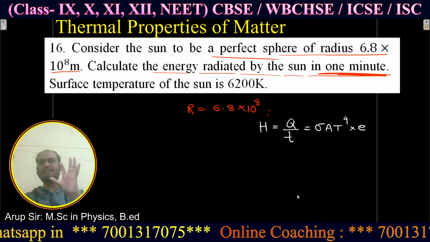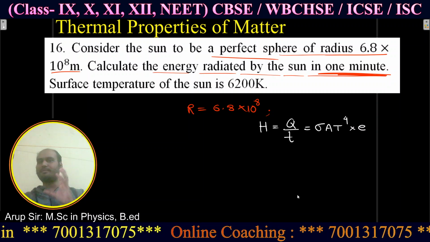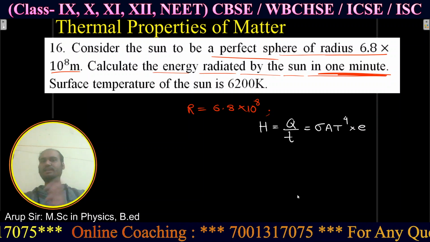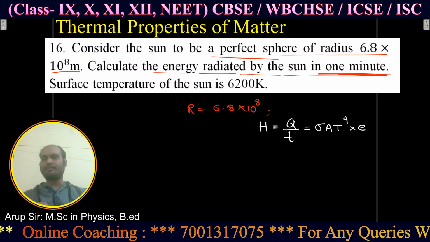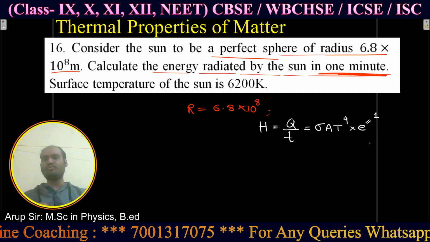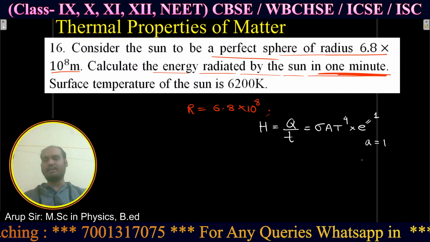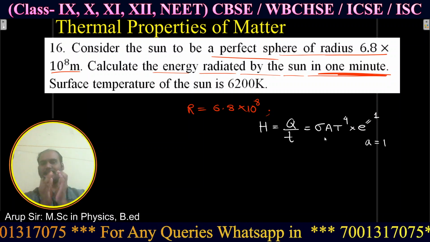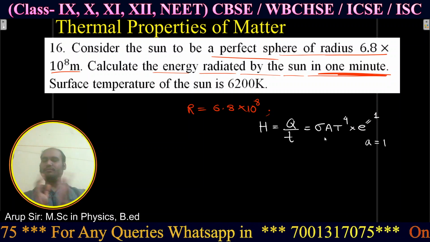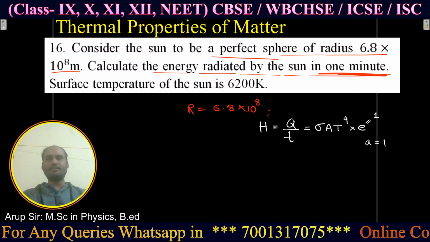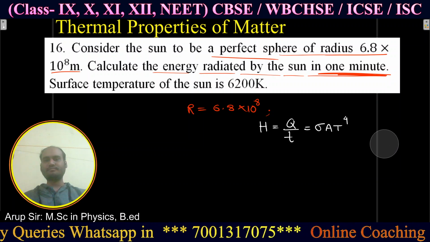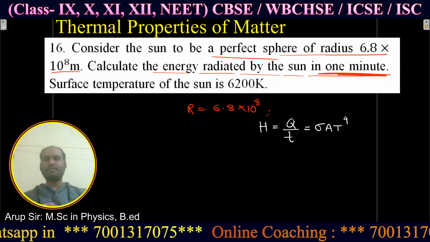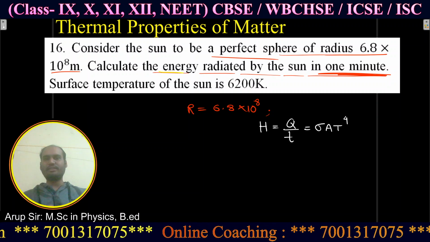But since the sun is a perfectly black body, we know that for a perfectly black body, the value of E is 1 and the value of A is 1. Either the value of E is 1 or the value of A is 1. If it is an emission type black body, then E will be 1, and the formula will be modified only up to this. Okay, so after taking this formula, the rate of heat transfer, here we have to calculate the energy